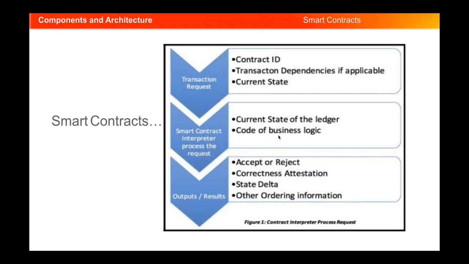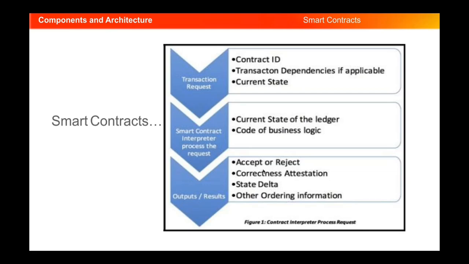So during this process, the peer checks the current state of the ledger, and it also checks the business logic or the code that is associated with that smart contract. Once this process completes, you will get the output, and the results or the output contains the delta state, which is the ledger state